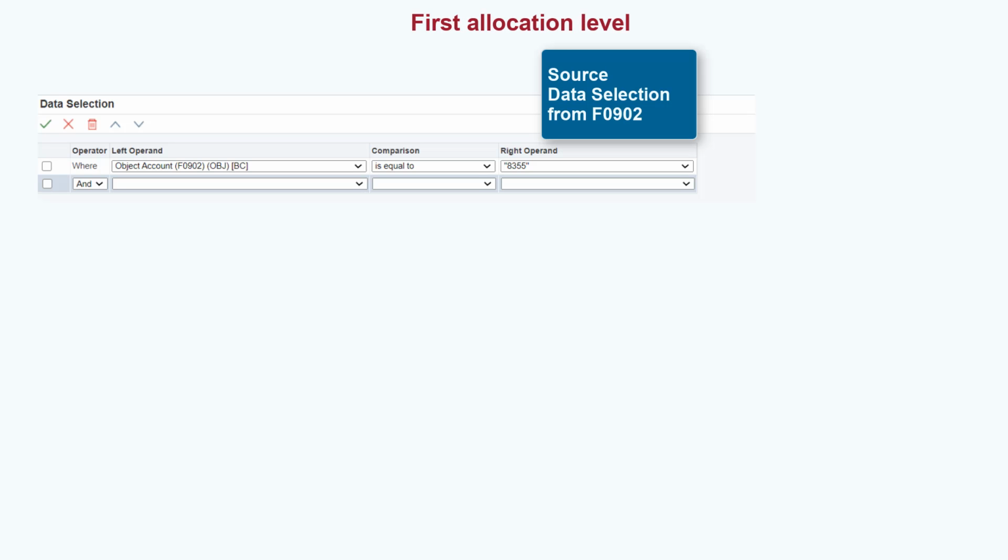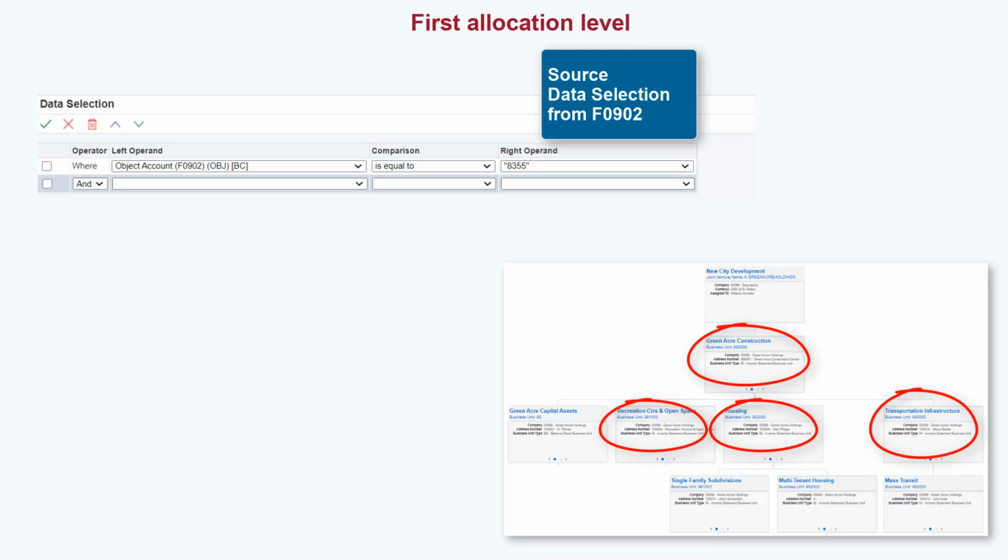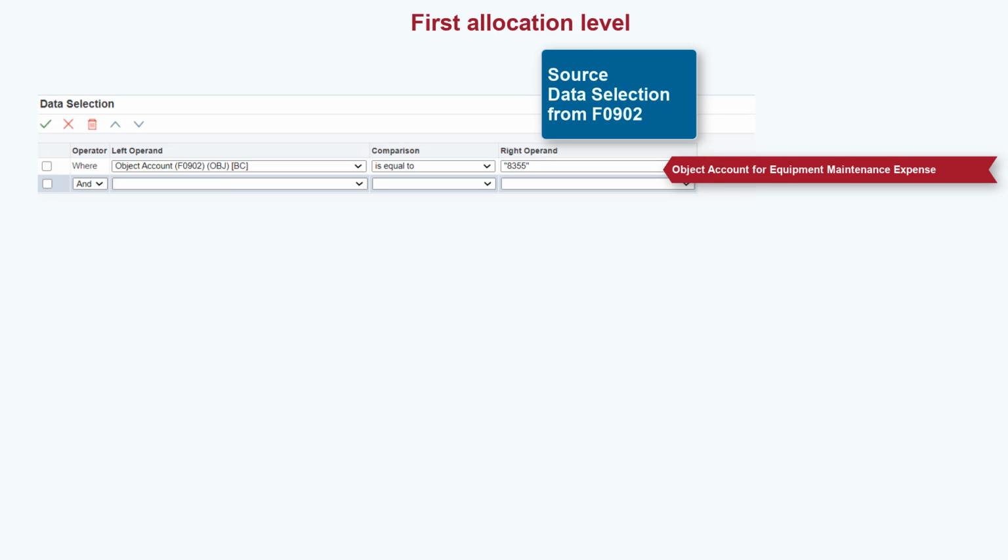Then, in the source data selection form for the first allocation level, specify the object accounts that the system will use to select the source expense transactions to allocate. For example, if you want to allocate the equipment maintenance expense from the joint venture business unit 980000 to its child business units, then your data selection must include the object account for the equipment maintenance expense for business unit